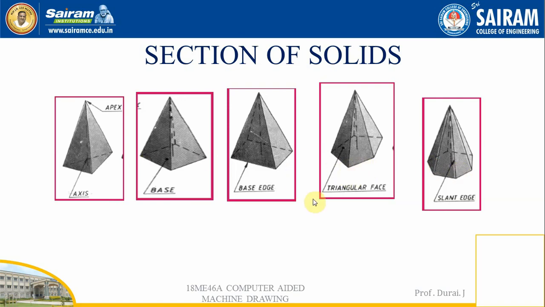You already know that a prism is bounded by the same type of polygon from top to bottom, but in a pyramid the polygon at the bottom is connected to a single point. In the prism we get rectangular shapes at the sides, but in the pyramid we get triangular shapes. These are all the things you have to remember.